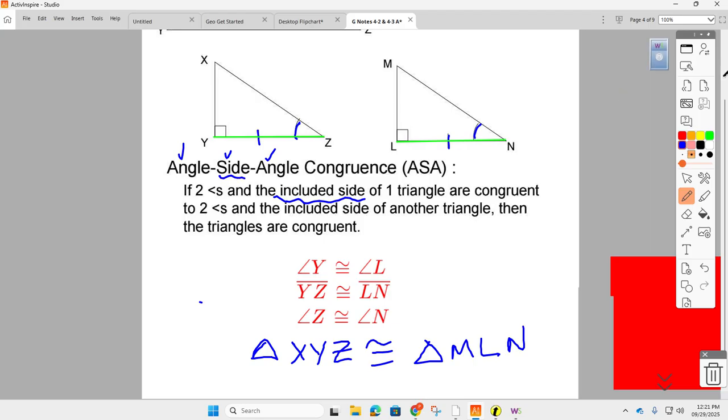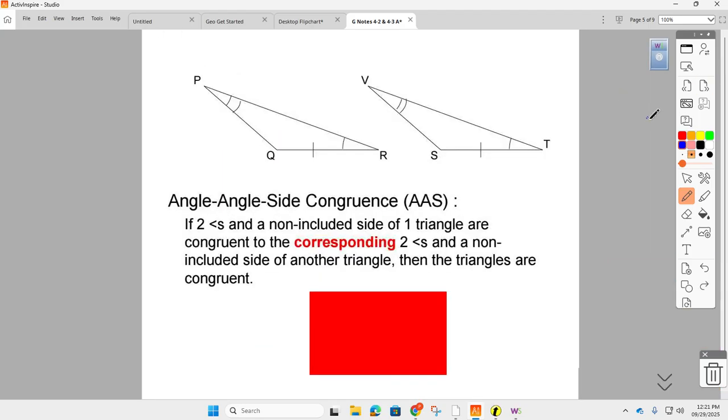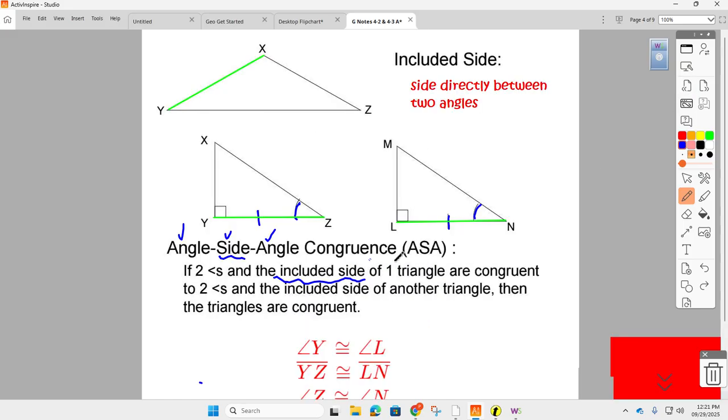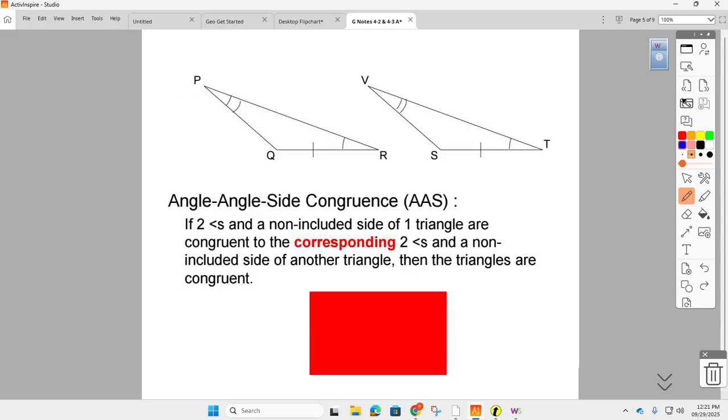Okay. Another shortcut. This one looks very much like this one, right? This one's angle, side, angle. Two angles and a side. This is angle, angle, side. But the difference is here, it's the non-included side. So what we're saying is, anytime we know two angles and one side are congruent, we know the triangles are congruent. Now, we do have to be able to tell which postulate states that that's true. So you do have to know which one would have the included side and which one would have the non-included side. So if we're looking at these two triangles here,